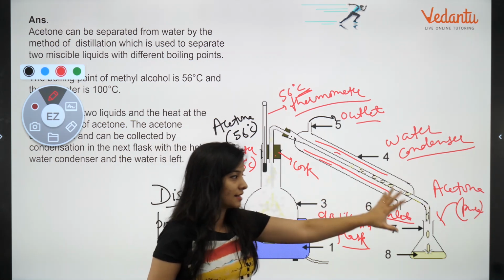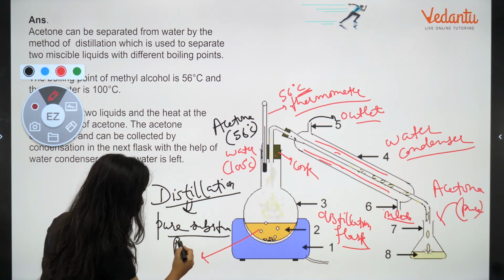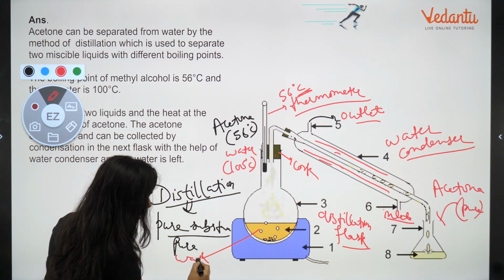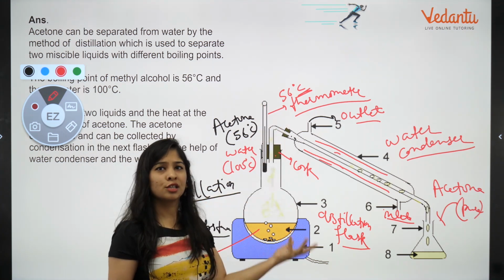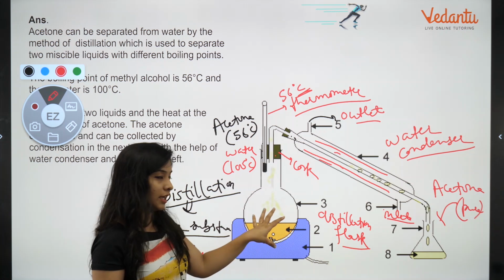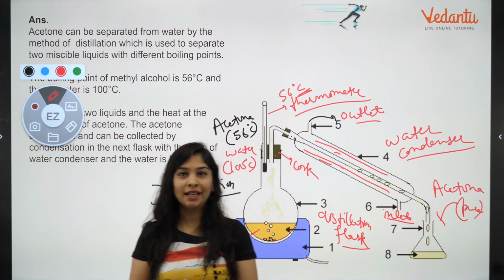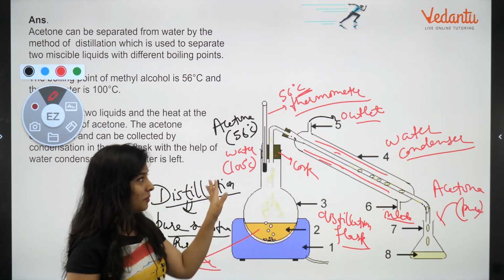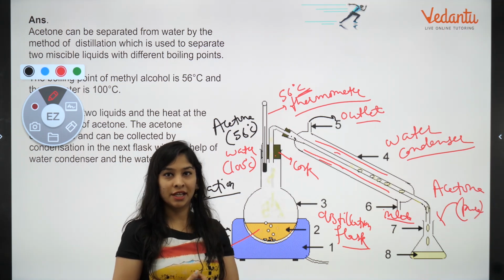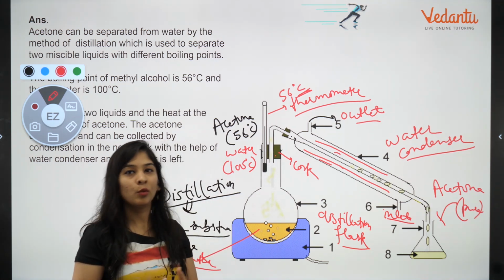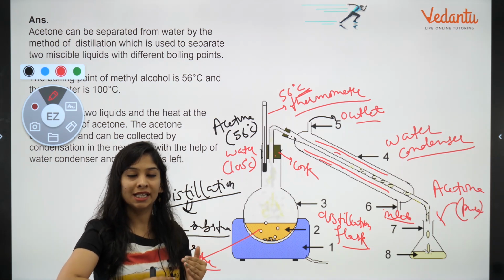Okay? Acetone यहाँ store हो गया, and what we are left with, pure water is going to be there right now. So when the temperature starts increasing suddenly, just stop the method. Why? You are getting pure water here, you are getting pure acetone here. Is it clear to you? Now I have tried my best to make this concept super clear to you. Pure distillation. There is one more method we can use if this difference falls below 25 degrees Celsius.